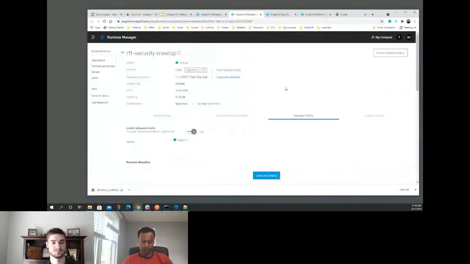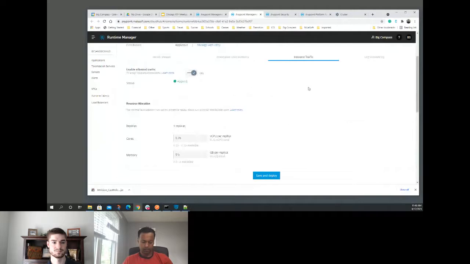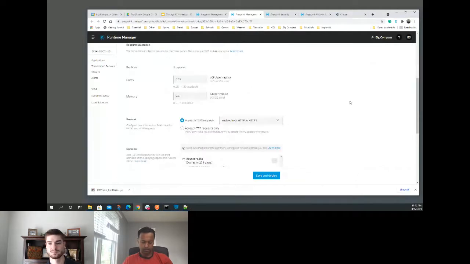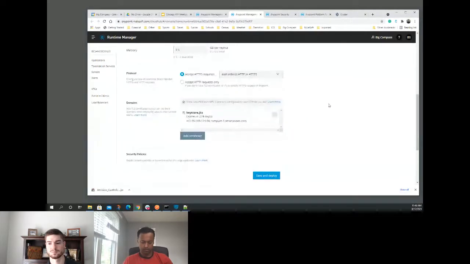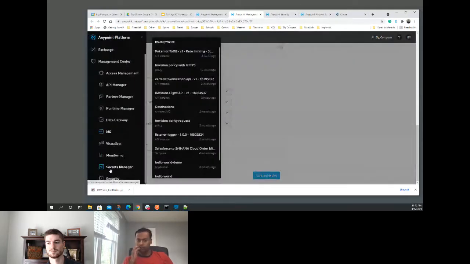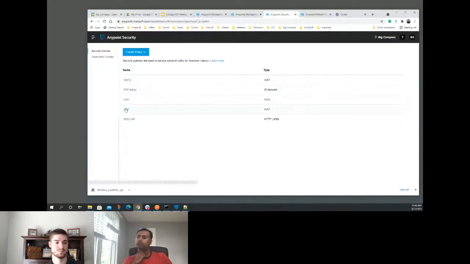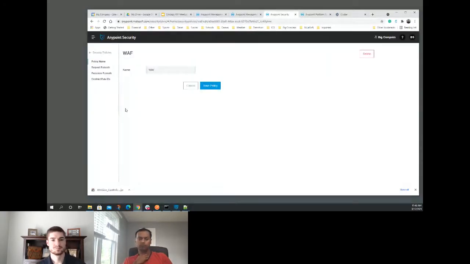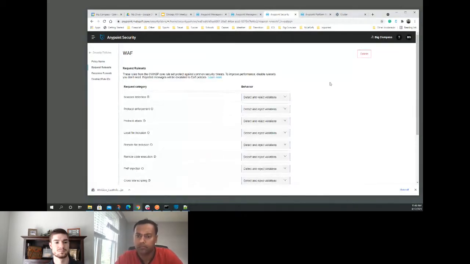In my Runtime Fabric setup, or then my resource, my cores, how I'm handling my protocol, what domains, what keys I've provided. Here's where I can go ahead and configure, here's where I can go ahead and use policies that I've configured. So where do I go configure those policies? I go into Anypoint Security. So we're at Anypoint Security side, we've configured a few policies. Let's take a look at some examples. The WAF